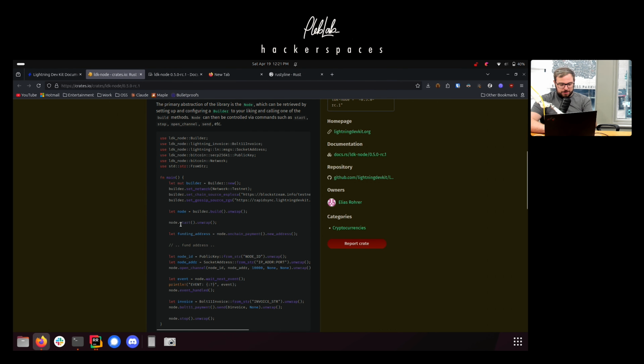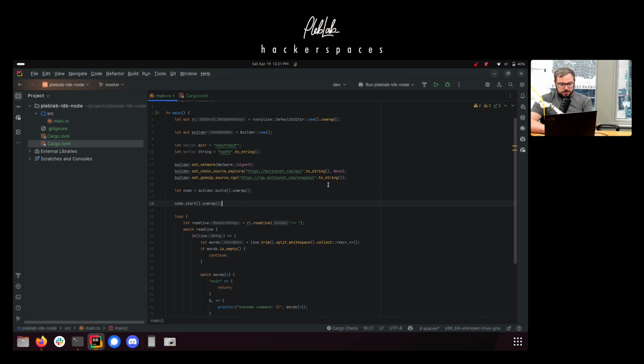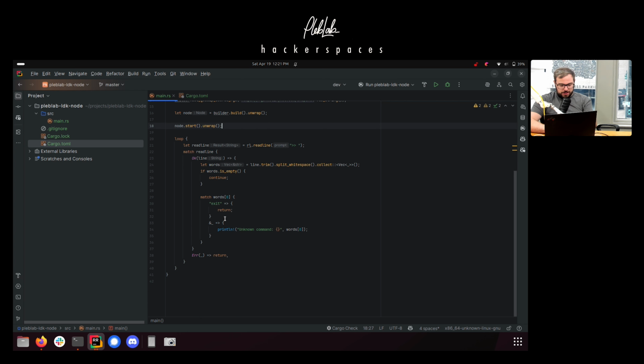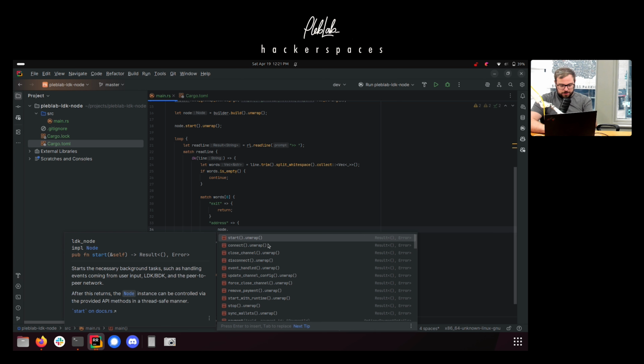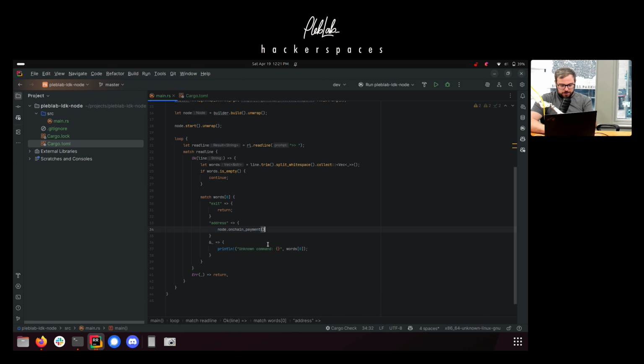So what's next? Then we can just build our node. We just build it, and then we can start it. And then just to start out, we can do a simple command. We'll do an address, and then we could do node dot, what is it, on-chain,